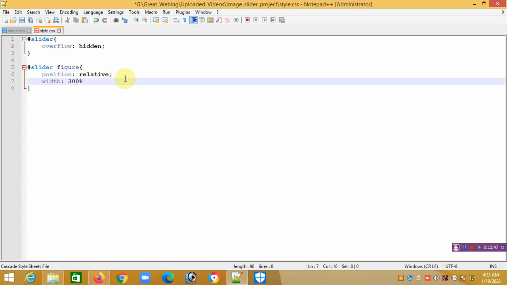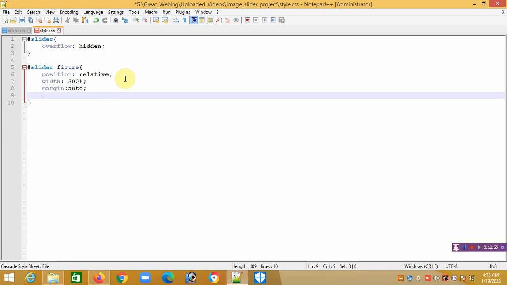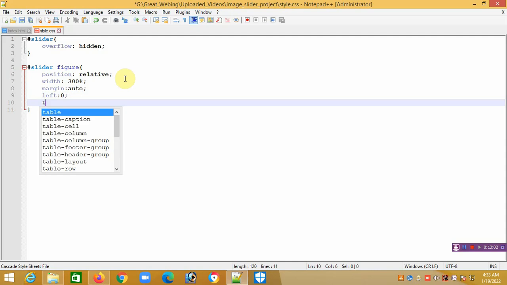Width 300% I have to write. Then margin auto, and left is 0, and